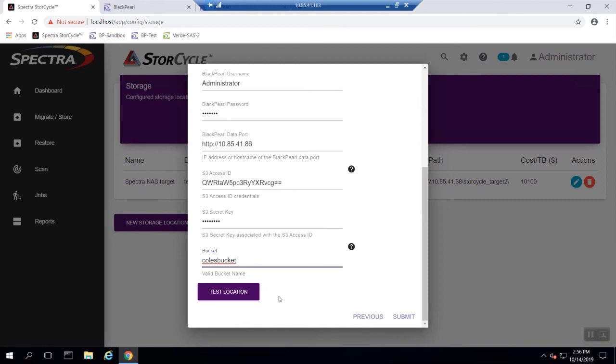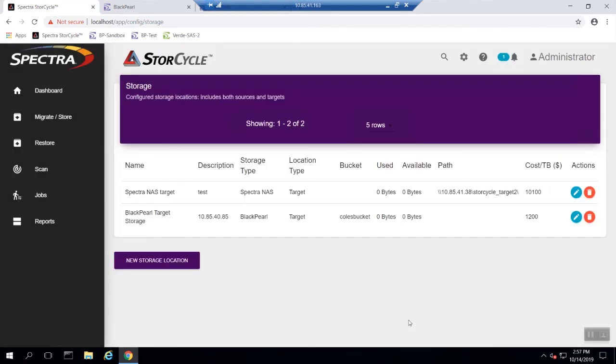Now click Test Location, and if everything has been entered correctly, you will see a check mark next to the Test Location box. Now click Submit and you have successfully set up your BlackPearl as a storage location within